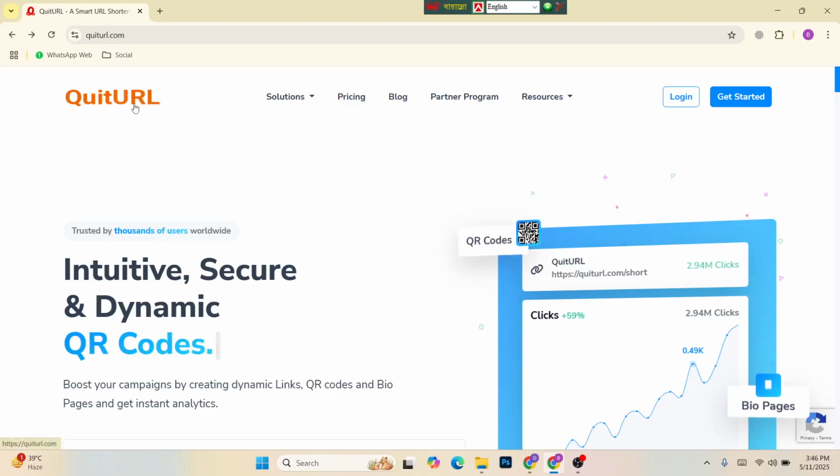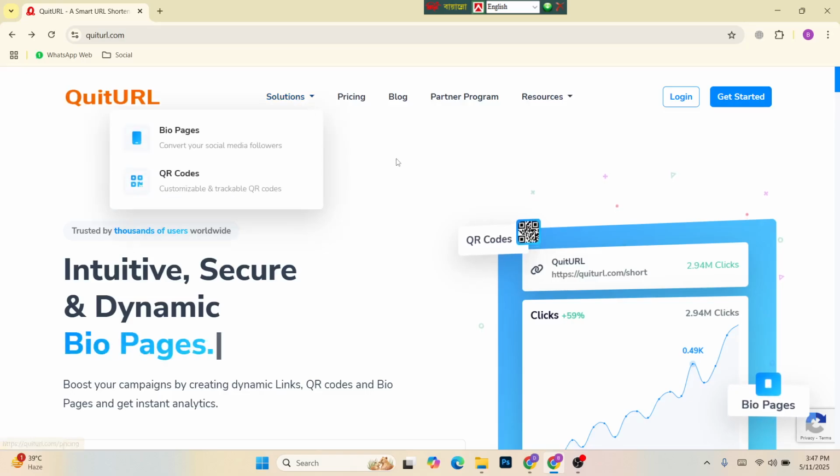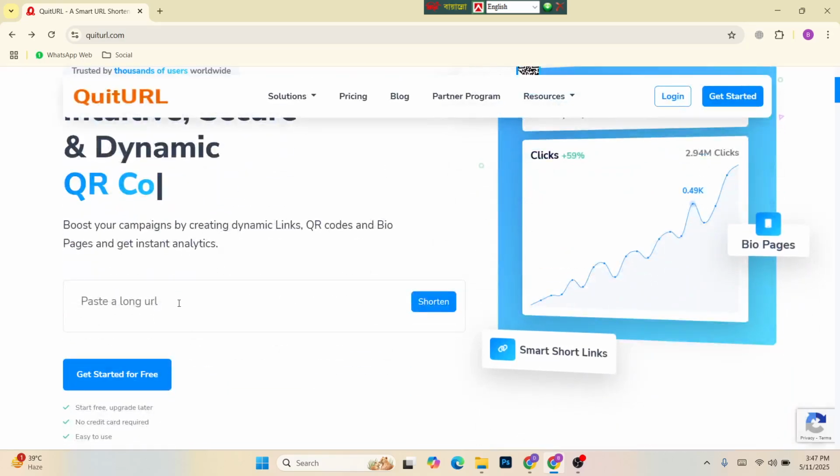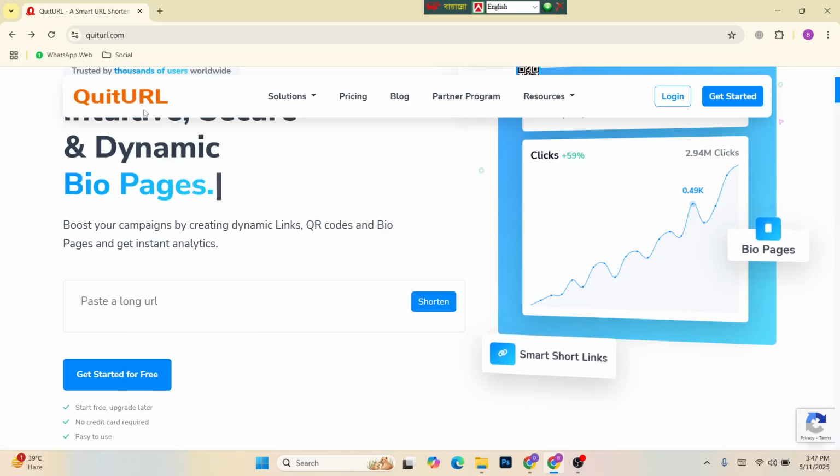This is the QuitURL.com website. You can use this QuitURL.com website to generate QR codes, a link shortener, and a bio page. Using these features,